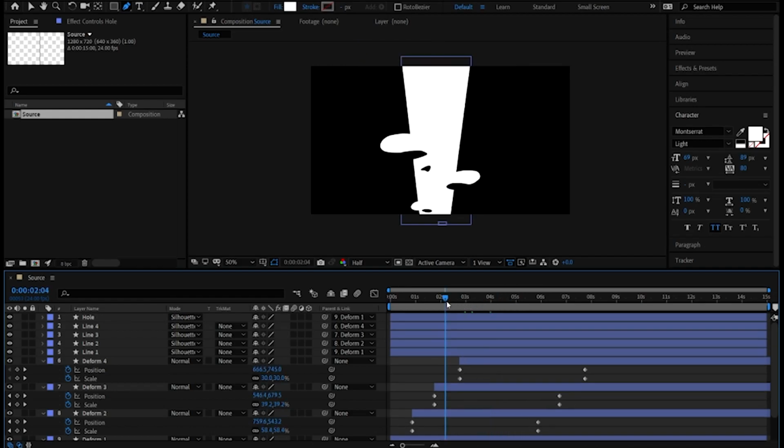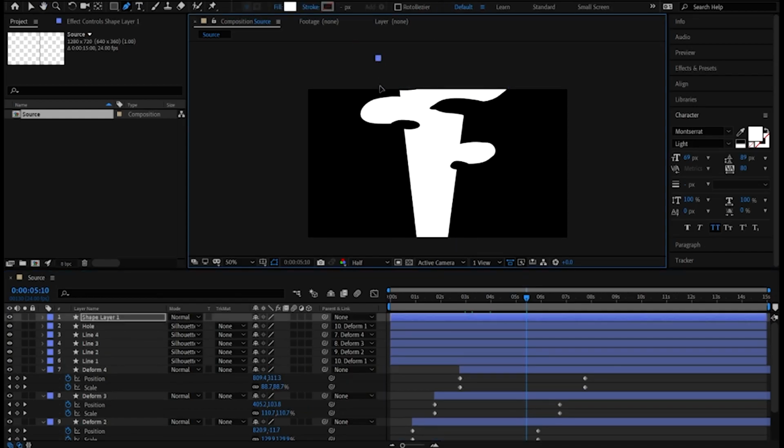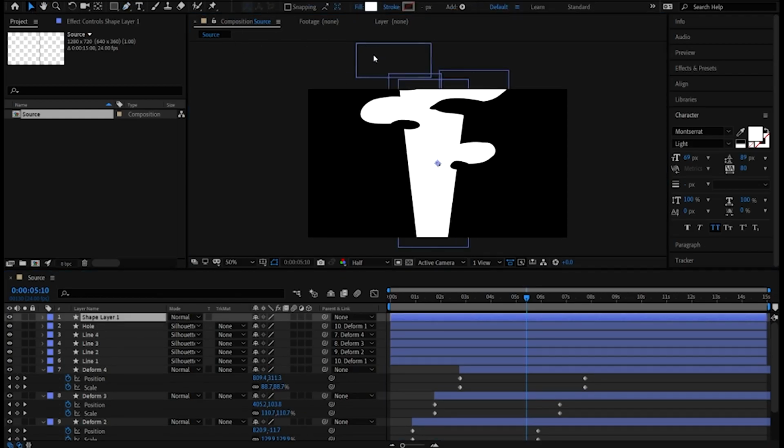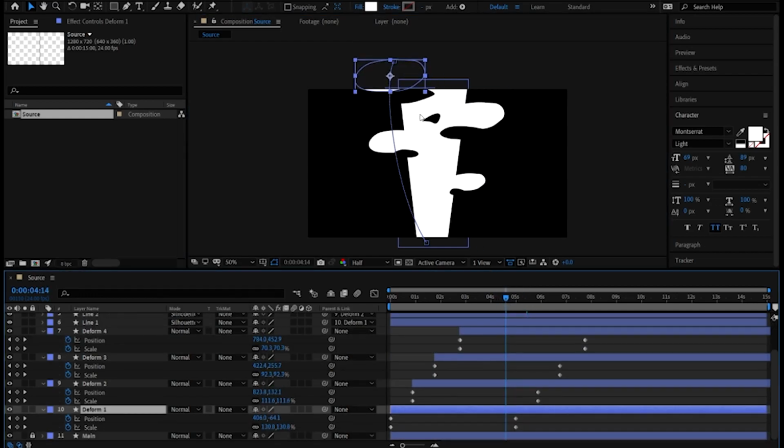And notice how when I push it up, it actually stops right there. That's simply because our deform 1 ends right there. But since we have attached this hole to the deform 1, we simply have to come back to